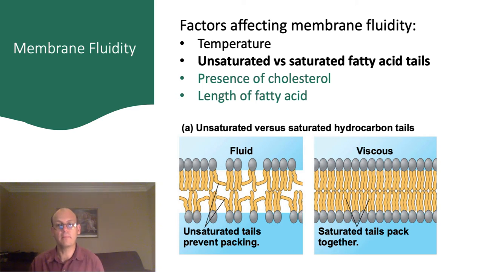The second factor is the presence of unsaturated versus saturated fatty acids as components of the phospholipids. When a membrane has primarily saturated fatty acids, the fatty acid tails form straight bonds and are packed very close together. This close packing results in more intermolecular interactions, such as van der Waals forces, that stabilize the membrane, resulting in a more viscous or solid membrane. When the phospholipids have unsaturated fatty acids, the double bond introduces a kink to the tail. As a result, the phospholipids don't sit so closely adjacent to one another, and intermolecular interactions are reduced, increasing the membrane fluidity.